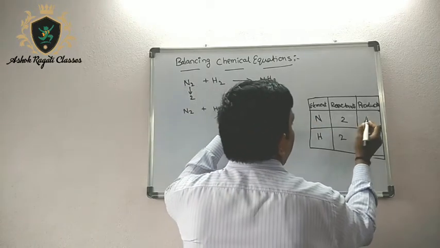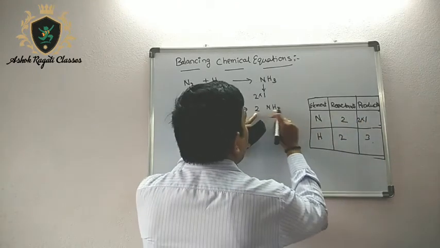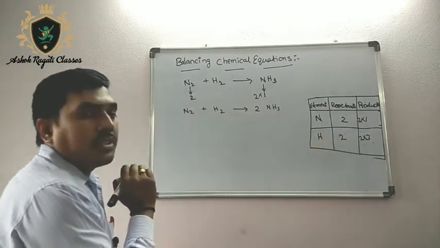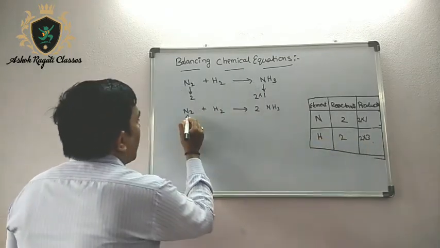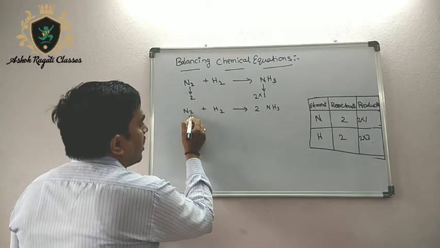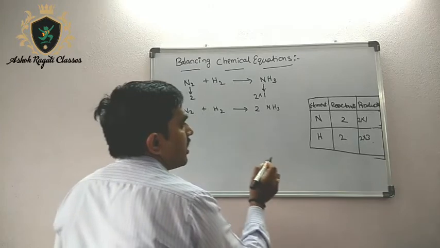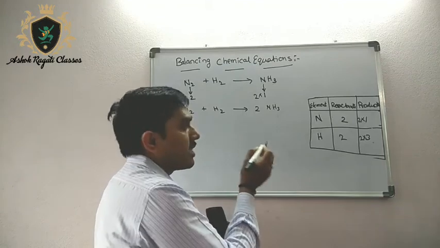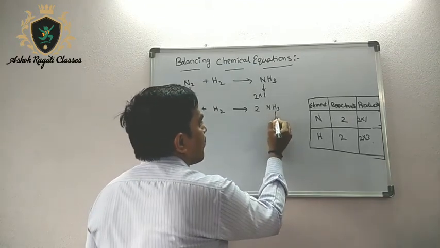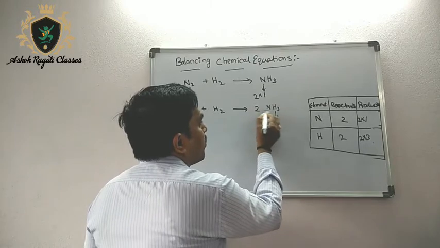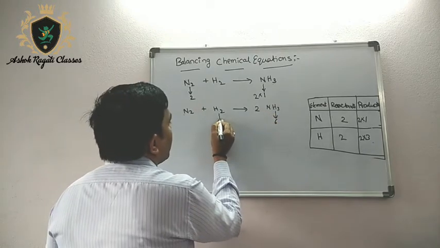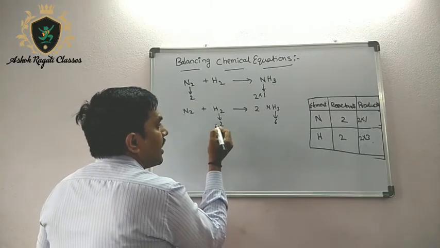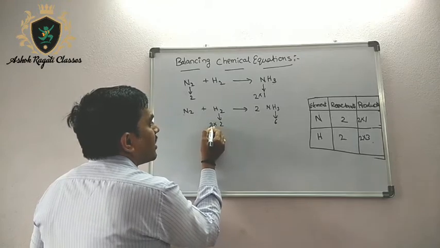Here, what changes are you doing? Multiplying with 2, and this is also multiplying with hydrogen. The hydrogen number is 3 here now. Understood? So now check it once. Hydrogens are 2, nitrogens are 2 and nitrogens are 2. Balanced. Now see, because of this nitrogen, this hydrogen number is also increased to 6. 2 3s are 6. How many are there here, Maya? 2. So how to make it equal to 6? By multiplying with 3.